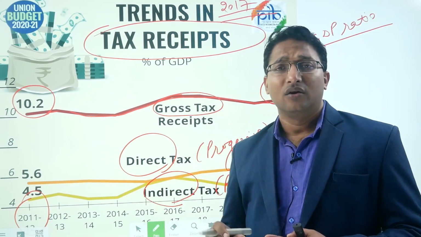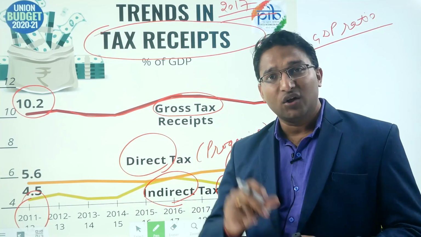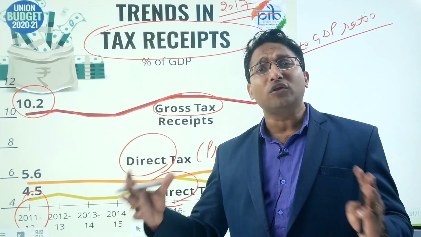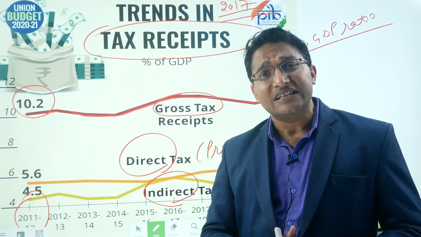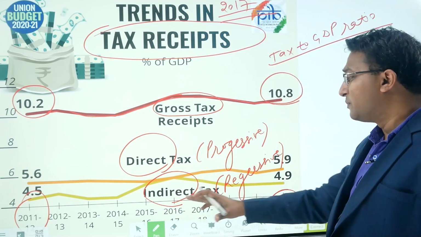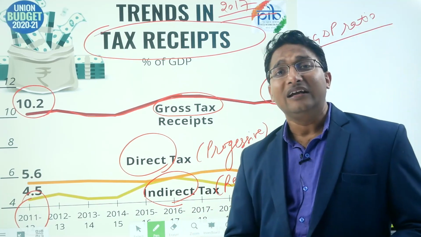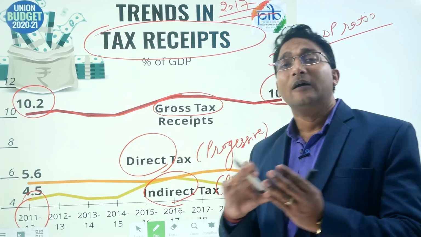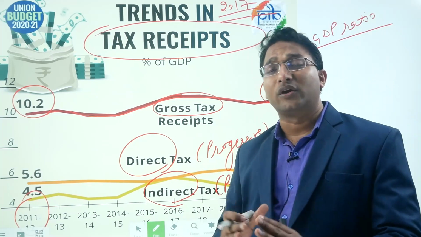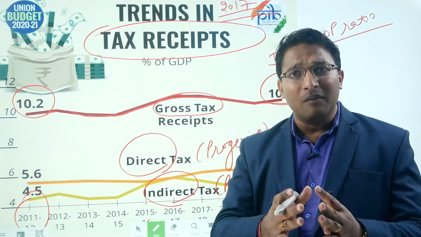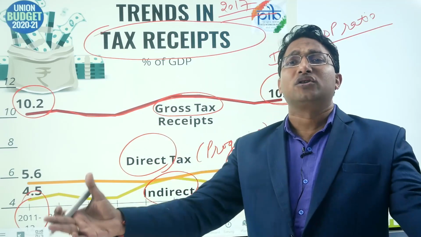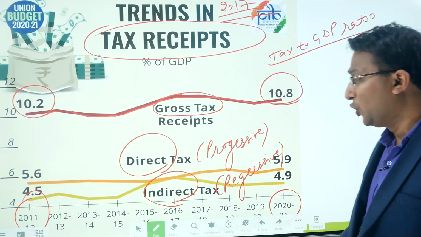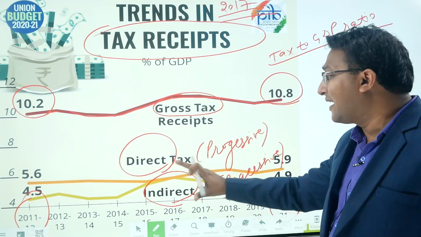So whether this is the rickshaw puller or the son of the Ambanis, son of the Tatas, whosoever, whether the person is rich or poor, both have to give the same amount of indirect tax. So indirect tax becomes regressive because it does not differentiate between the rich and poor. Poor have to bear the disproportionate burden. Poor के ऊपर ज़्यादा burden आता है क्योंकि poor की income कम होती है और same income में से उसको tax देना होता है. Rich की income बहुत ज़्यादा होती है, उसमें से अगर tax दे भी देता है तो ज़्यादा फर्क नहीं पड़ता है. तो आप समझ सकते हो कि indirect tax is regressive and direct tax is progressive.